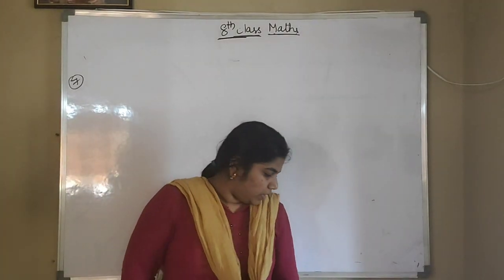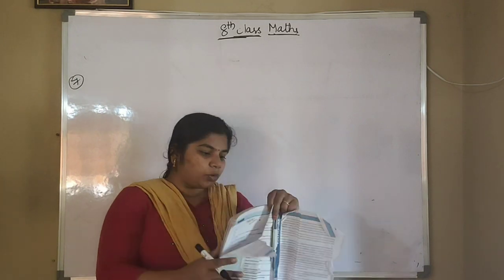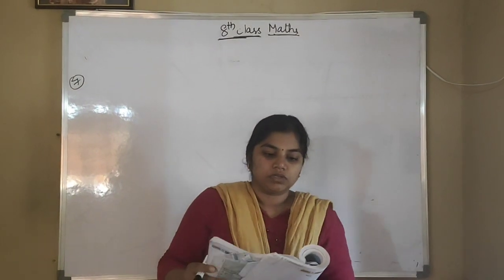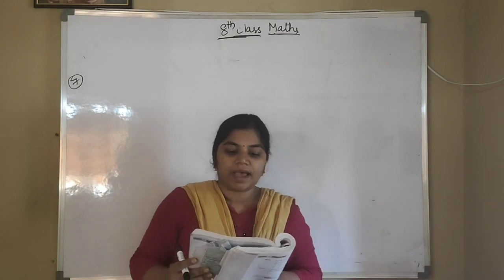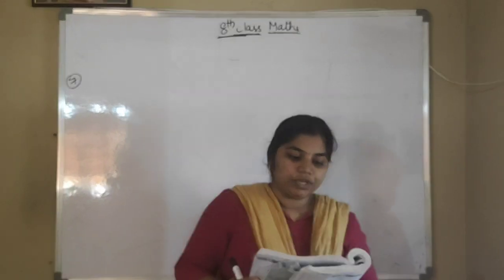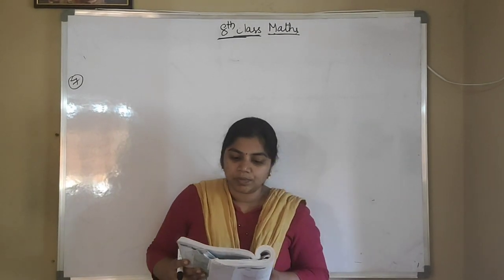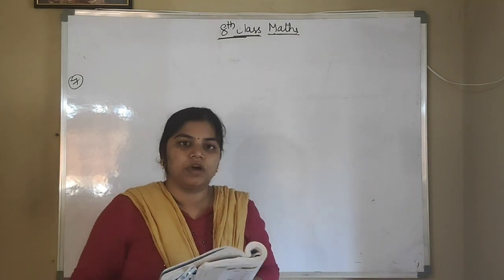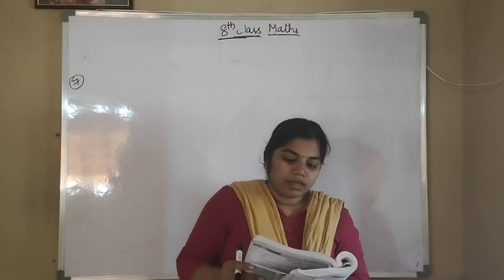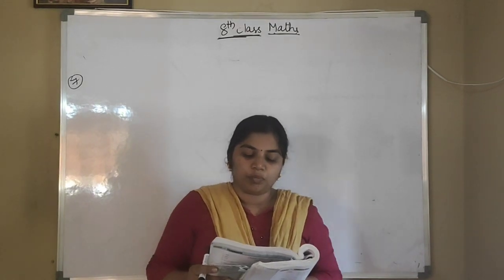Good morning everyone. We are starting our seventh problem. What is the seventh one? 7 pillars are used to hold a slant iron girder as shown in the figure. If the distance between each pillar is 1 meter, and the height of the last pillar is 10.5 meters,